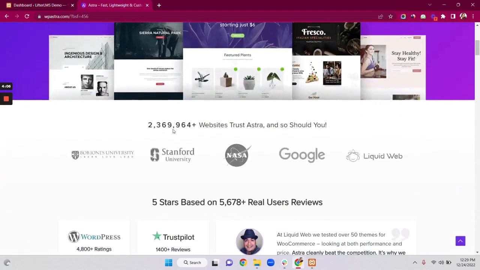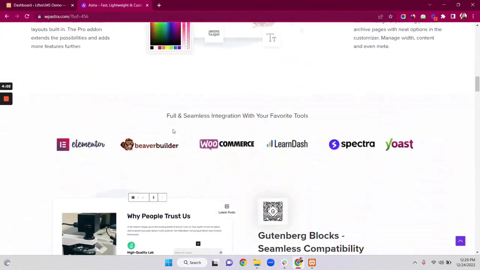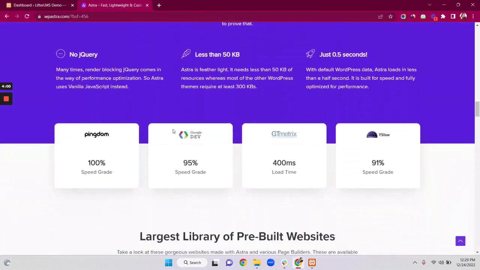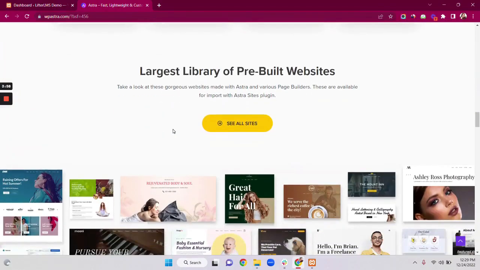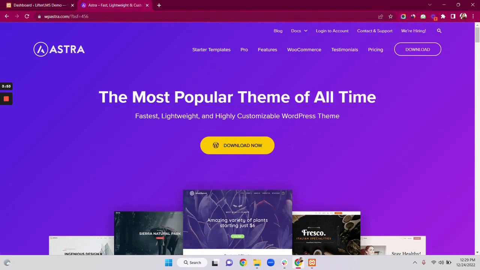So basically Astra is a product of Brainstorm Force, and it is a very popular WordPress theme that we can use for an e-commerce website, LMS website, blog website, or we can create any kind of website with this Astra theme. And the best part is that it's compatible with other WordPress products. So in this video I will use the free Astra theme, but if you want more functionality you can go